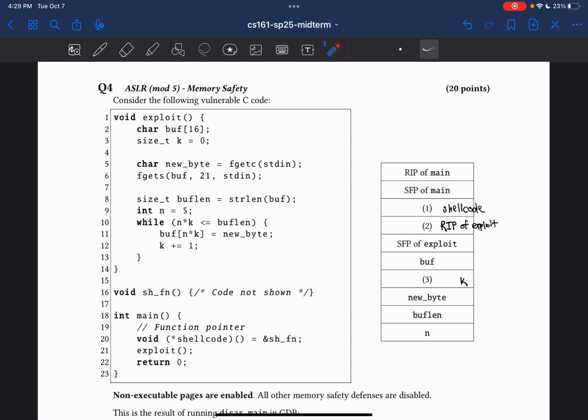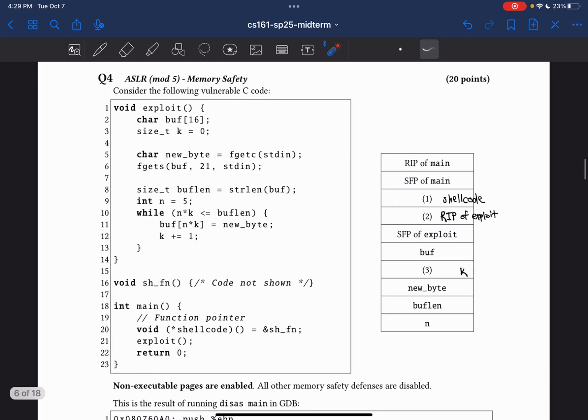The problem that we can see immediately is that buffer is of size 16 bytes, which means that if we're able to write 21 bytes, then we're overflowing buffer, which is very useful. Looking at the stack diagram, 5 bytes above buffer include the SFP of exploit and the least significant byte of the RIP,